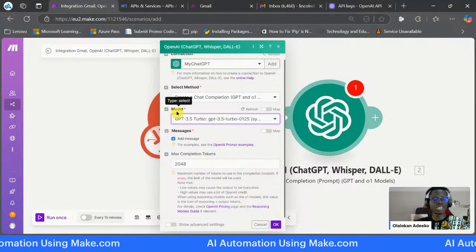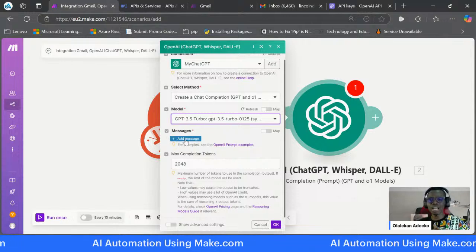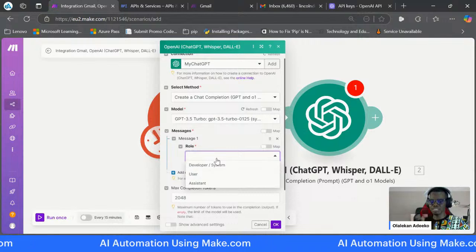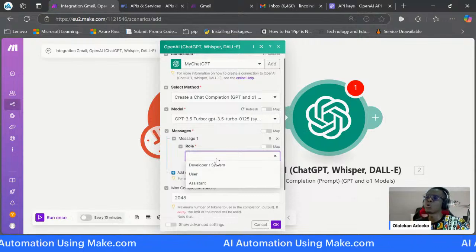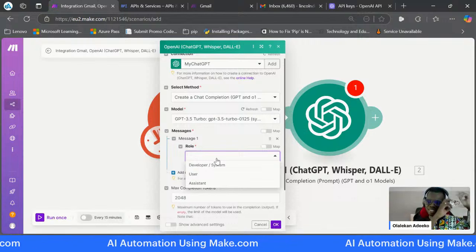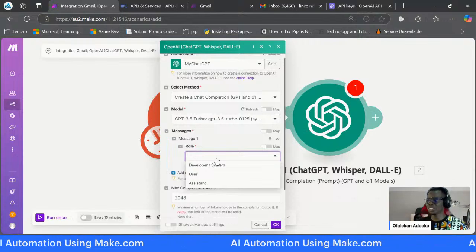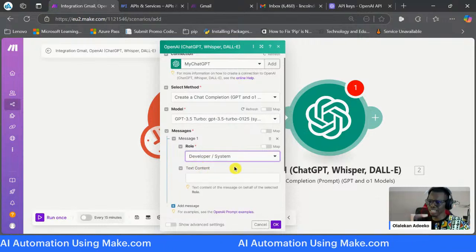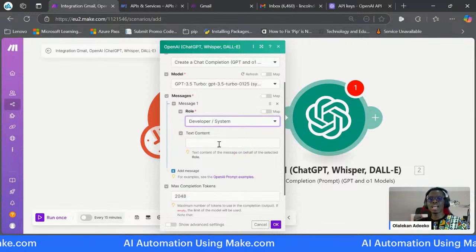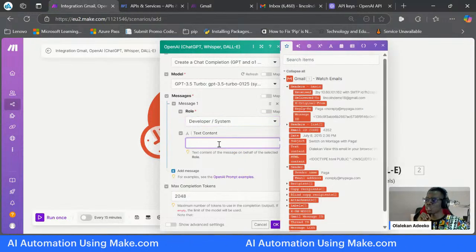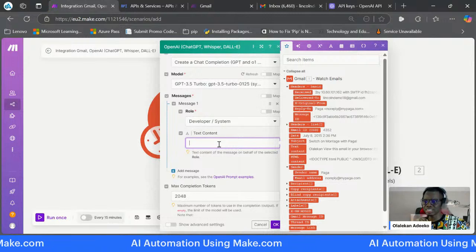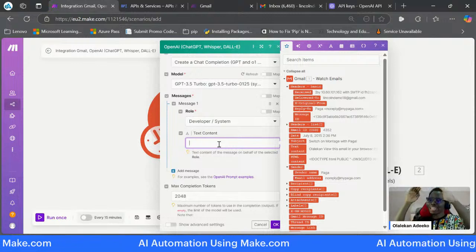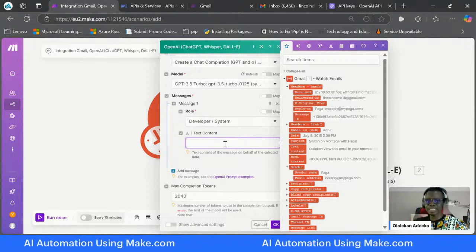So now the model is there and the message. So I will click on add message. The first thing is the role. What role do we want the ChatGPT to play in this case? So I want to pick developer and system, and then the content. So what will be the content, right? This is where you can now write your prompt. Okay, this is where you write your prompt and say,